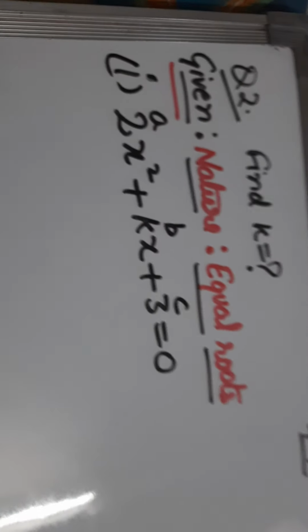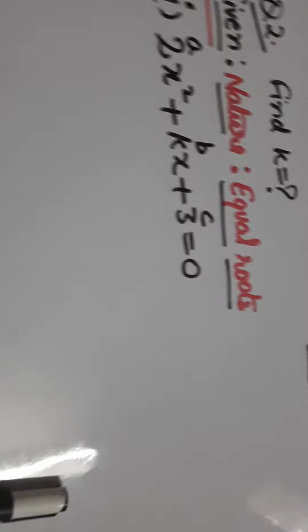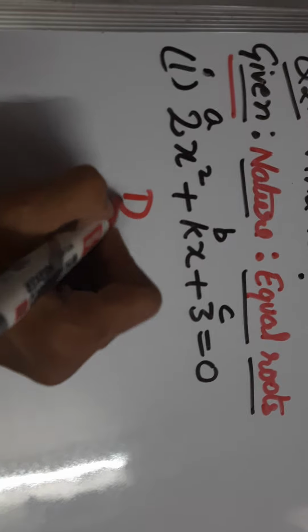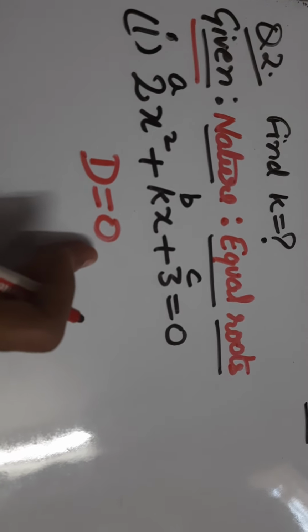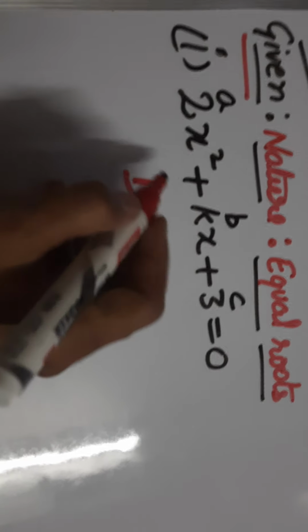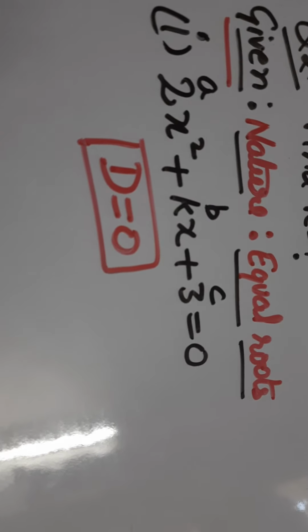So इसमें जब भी हमें k की वैल्यू फाइंड आउट करनी होगी, condition will be given to us, nature will be given to us. Nature is equal roots. So for equal roots we'll start from here. For equal roots we'll take D is equal to 0. मीन्स इस बार हम ज़ीरो वैल्यू की वेट नहीं करेंगे, इस बार हम स्टार्ट ही यहाँ से करेंगे, that discriminant is equal to 0.